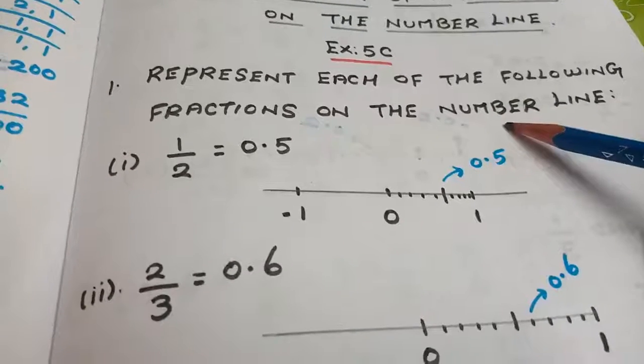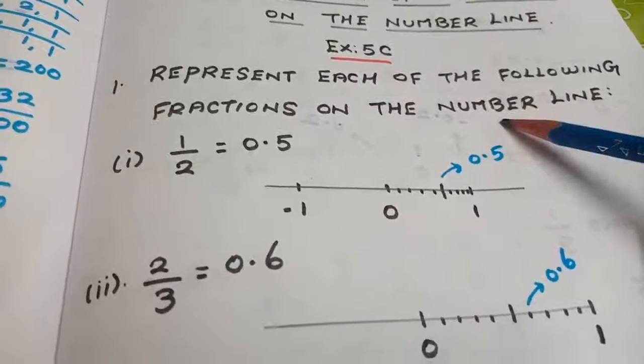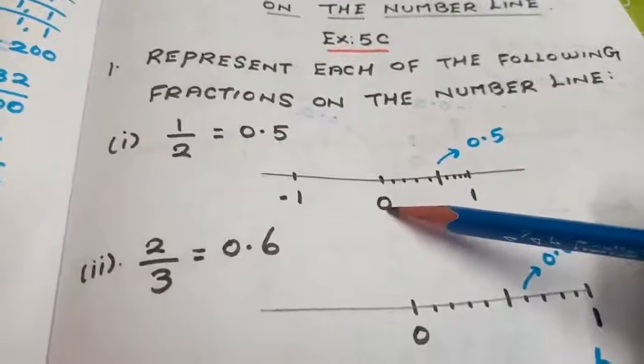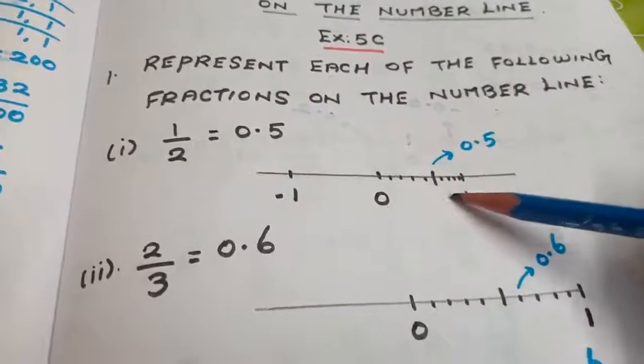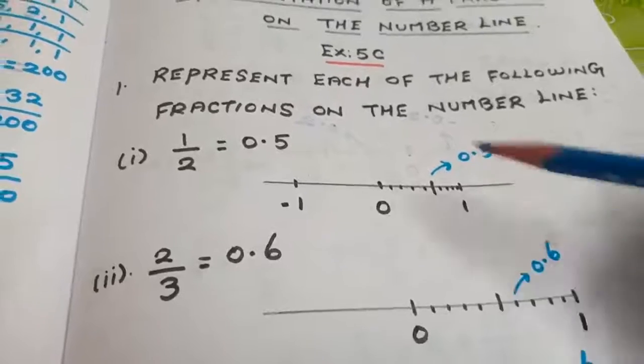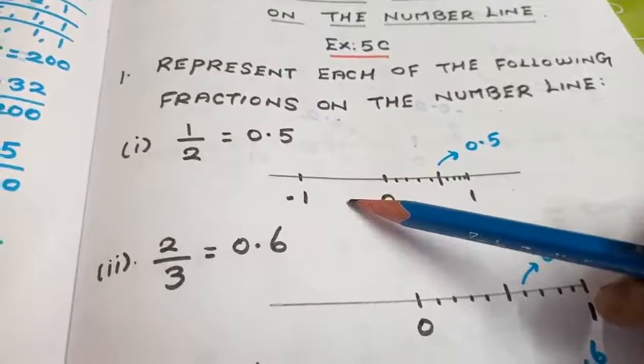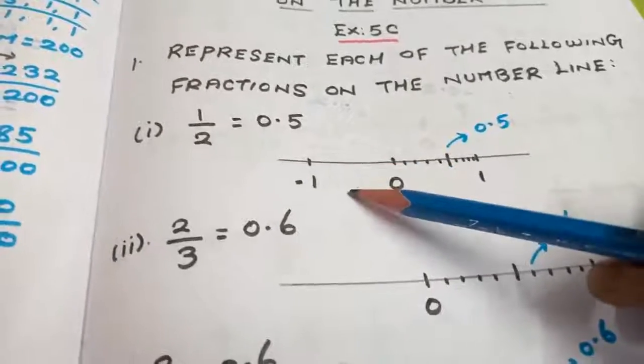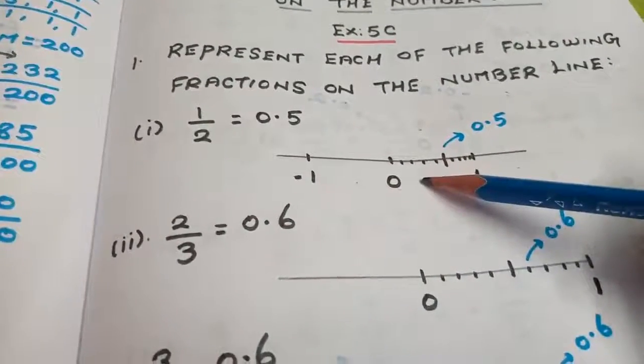A number line is normally like your graph, where you mark the center position as 0. On the right hand side you mark the positive values and on the left hand side you mark the negative values, as in the graph. We are going to use the same graph method in the number line.